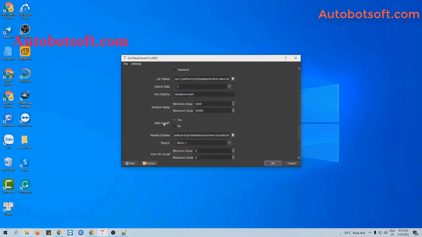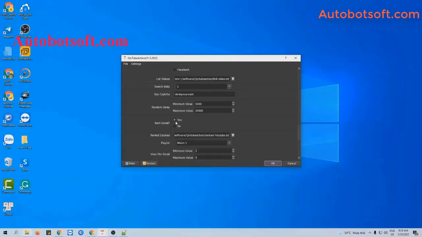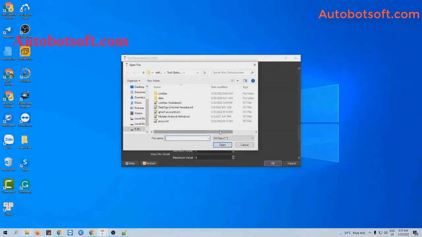Next, at the rent Gmail section. In case you don't have Gmail accounts, you can rent Gmail cookies from us. Please visit autobotstore.com to see Gmail cookies packages, and you will receive a text file of Gmail cookies after making payment. At the rent a cookie section, click on this icon, select the rent a cookie provided,